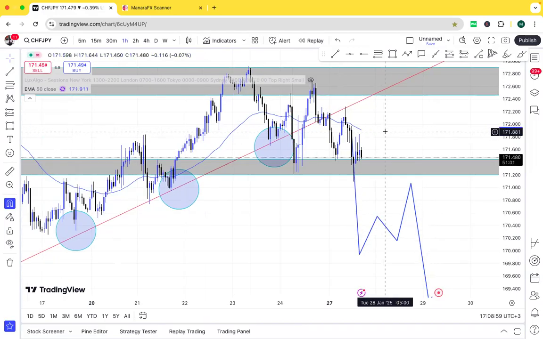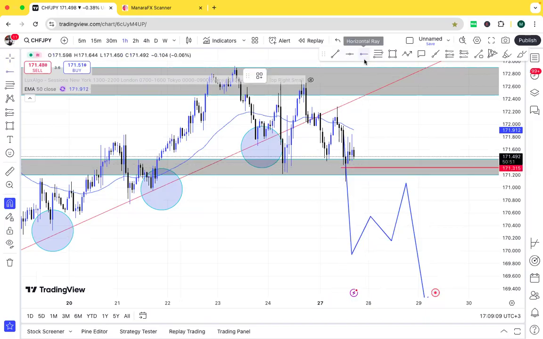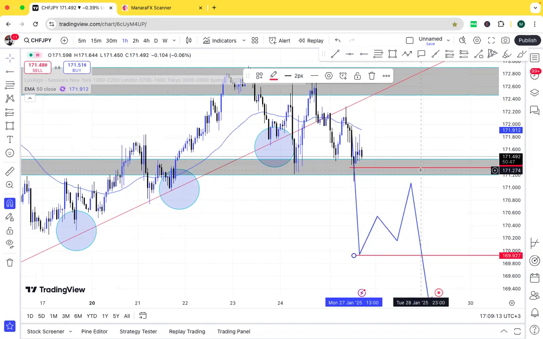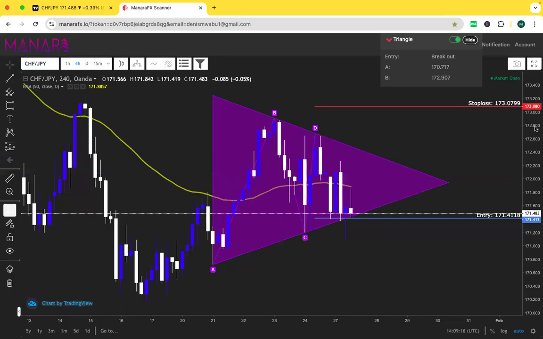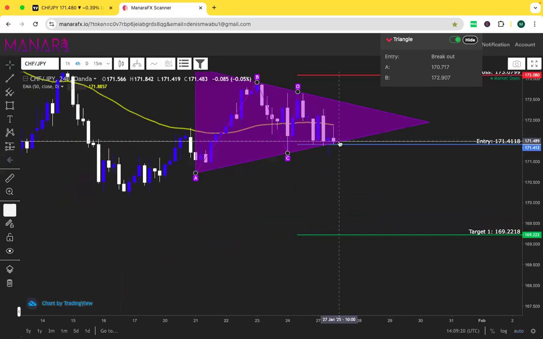Okay, so you can wait for this, but also a candle below this zone can be a sell targeting this move that you're seeing me looking at here. Targeting this move before it gives you a correction, and you can bank on that. And that move, I think Manara has been able to calculate for you, where most likely it is more or less to react from, which is at